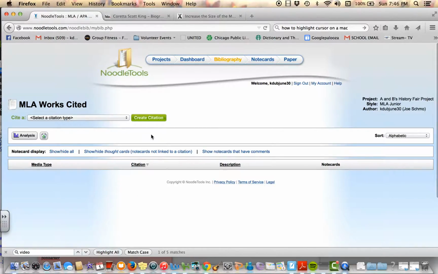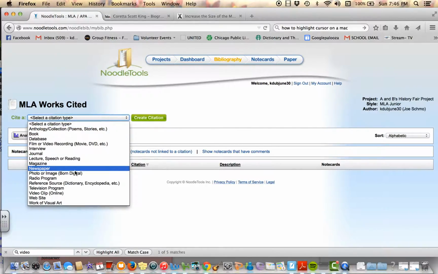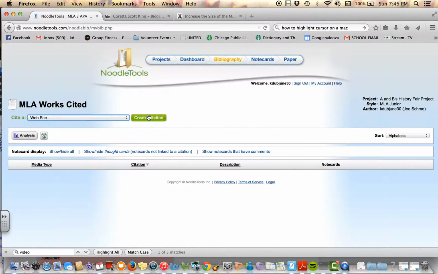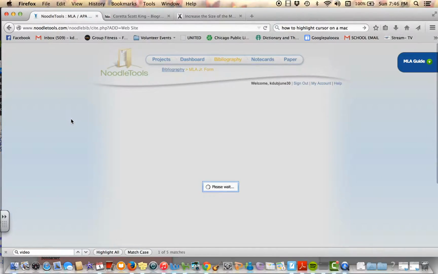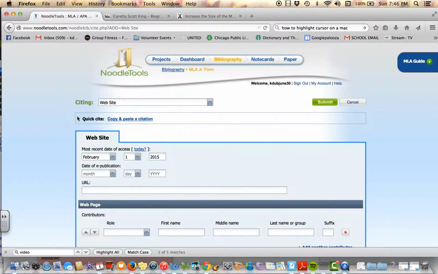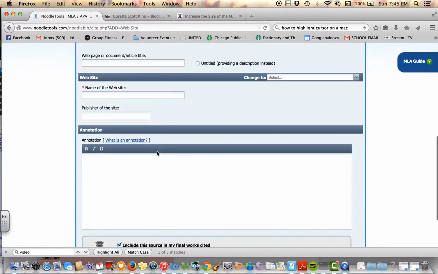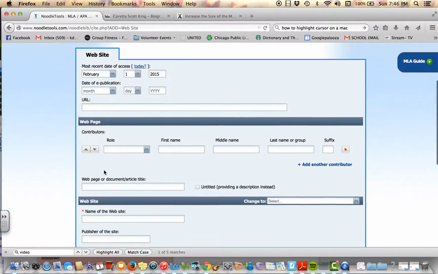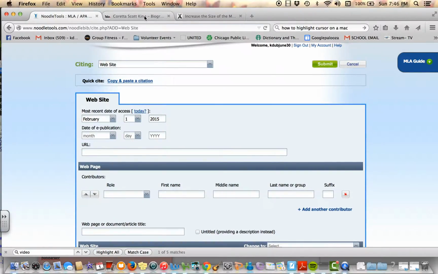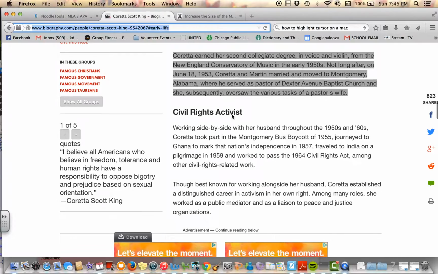And I don't have any sources yet, so I'm going to create a citation. This was a website. Create citation. Continue. And it will bring up all the boxes you need to cite a website. So these are all the things that I would need to fill in, but on biography.com, it's pretty cool because